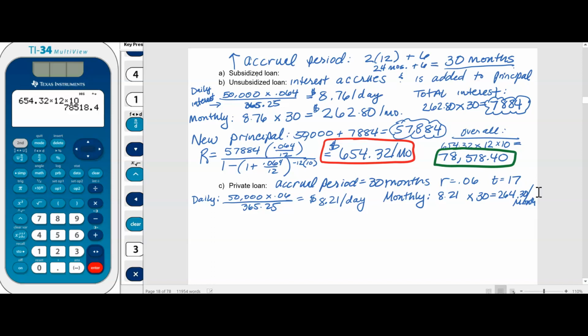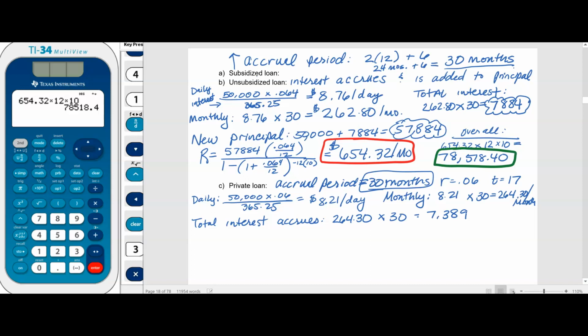So every month that a student is in school, that's how much money is accruing or accumulating. So the total interest that accrues is going to be $264.30. That's our monthly interest rate times the 30 months, because the student was in school for 2 years and then another 6 months of deferment. We calculated that for the last problem. So we multiply these two and we end up getting